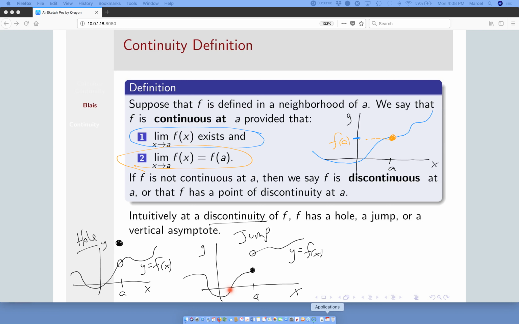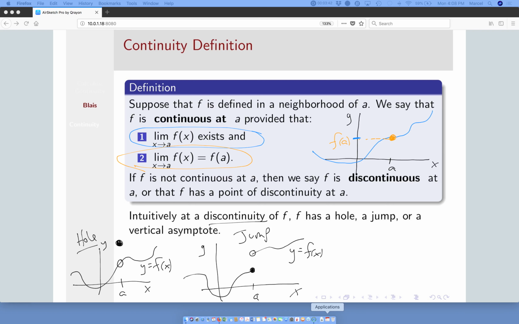In the jump discontinuity case, the limit from the left differs from the limit from the right, which means number one is not satisfied because the limit doesn't exist. So the function is not continuous at that point. If we go back to the hole, sure, we have a limit coming from both sides. The limit is the same, but the function value is up here. It doesn't match that limit. So it's 2 that's broken with the hole, 1 that's broken with the jump,